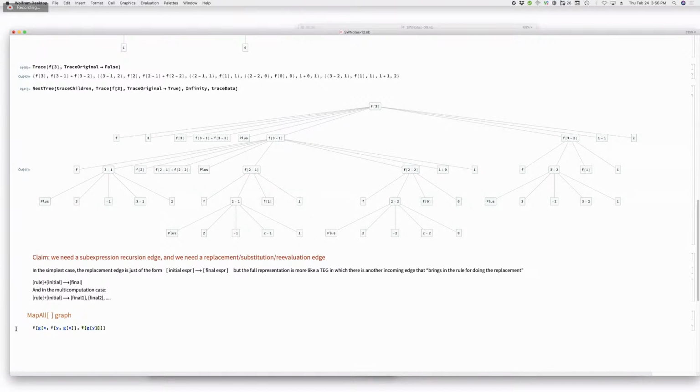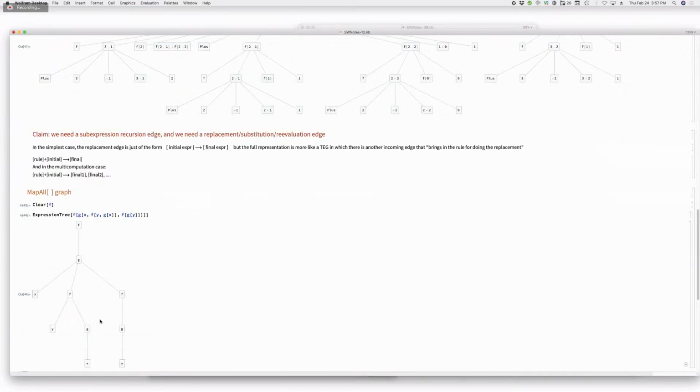Okay, so let's try and make the expression tree of that. I know which expression tree we want here. What the heck? Oh, for God's freaking sake. This is what we get for doing this. I hate doing that. Okay. What's the most appropriate expression tree to represent the operation of map all?